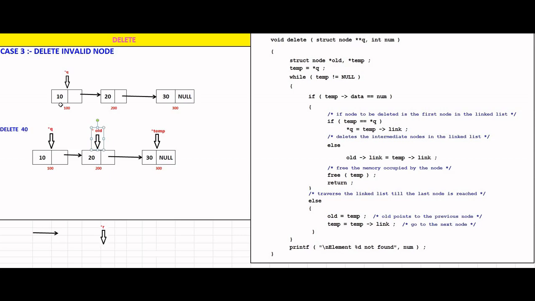If you see, before the delete operation we actually perform the searching operation. We first search for that node, then delete that node. Is temp of data equal to number? This line is executing. Temp of data is 30 and your number is 40. No. So we again come here. Old is equal to temp, so we keep old here. Now old is having 300. Temp is equal to temp of link. What does temp of link contain? Null.